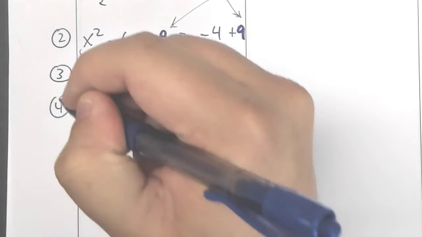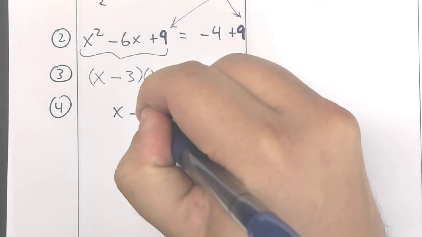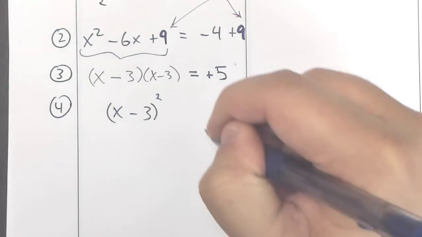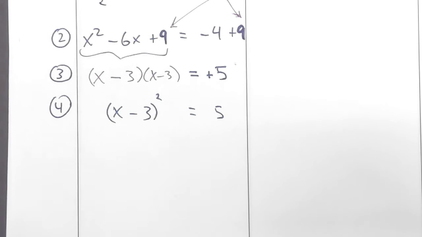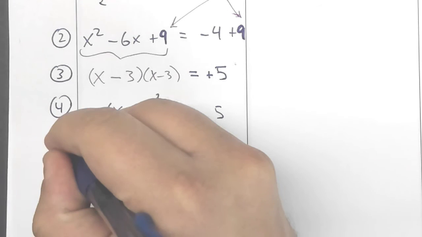So step 4 is going to say, all right, there's 2 of these, so this is x minus 3. Now there's 2, so it's going to become a square. Still equals 5. I'm going to leave off the positive sign now. So the reason we complete the square is we want to get to this point. And then we find the square root to get rid of that square. Get rid of the square. So now we get this far. Okay? So step 5